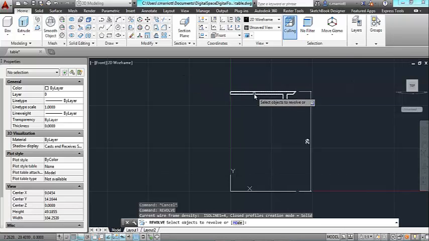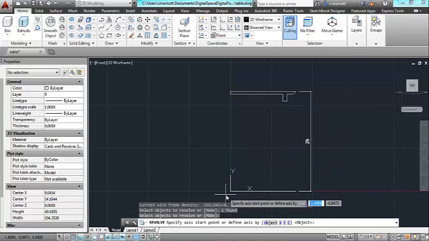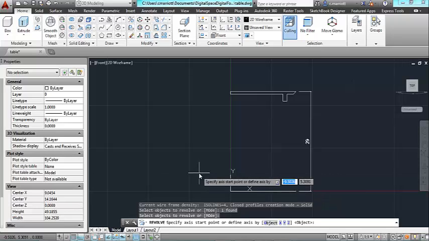You'll be asked to select an object. I'm going to select that half of the table. I'm going to press enter, and then it'll ask me for the axis by which to rotate the object. So since I've been diligent about making 0, 0, 0 an important point in this piece, I can input that